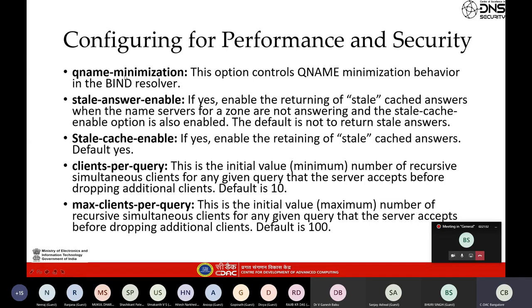QNAME minimization. As we know, instead of asking the root for the complete domain name, the RR asks the root for the TLD's resolution. Similarly, to the TLD, the RR will ask only for the SLD name server instead of asking for the complete domain name. So that is QNAME minimization. By this we can cut down the packet size that is undergoing the transaction. So we have stale answer enabled, stale cache enabled, and clients per query